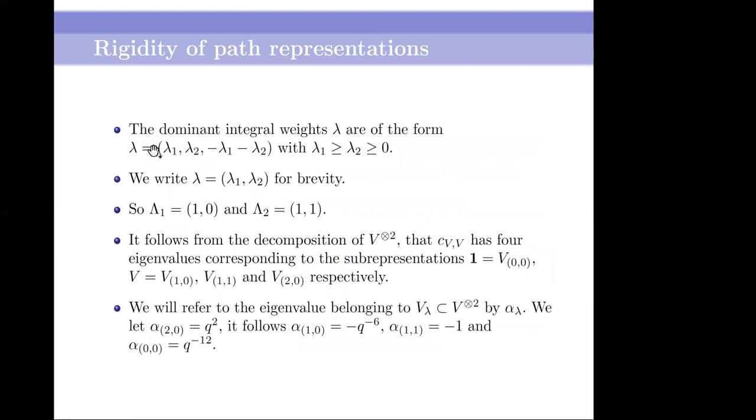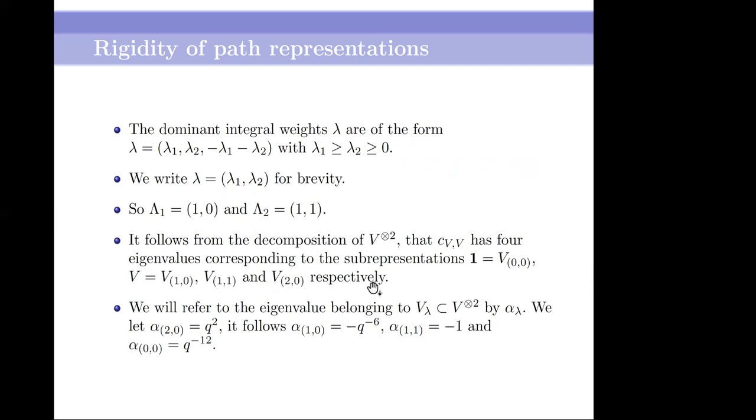For G2, the dominant integral weights are given in this form, and we write lambda equal to (lambda 1, lambda 2) for brevity. And dominant weights can be written in this way. It follows from the decomposition of V tensor 2 that we have 4 eigenvalues corresponding to the sub-representations with